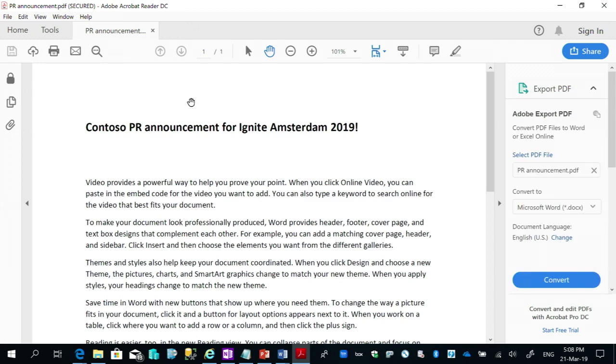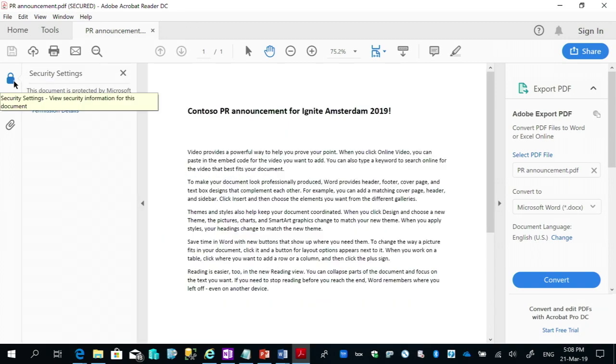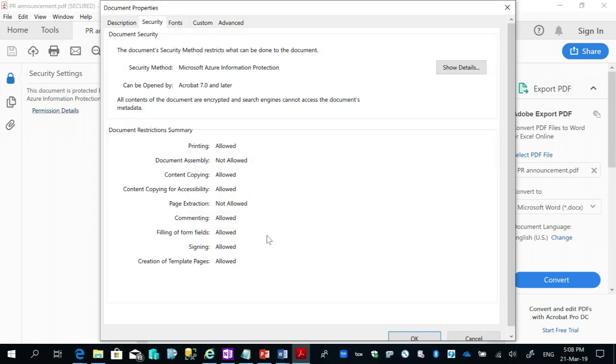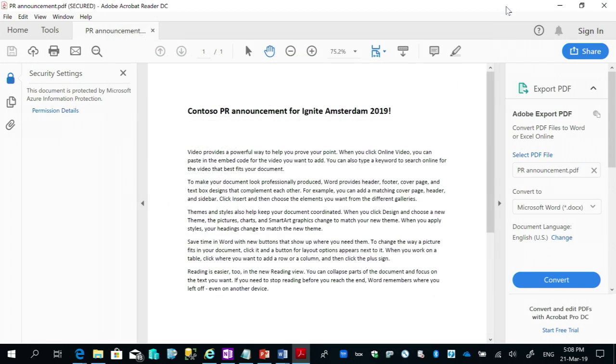How you can tell that the document is protected: you have this small icon here. Clicking on that icon says that the document is protected by Microsoft Information Protection, and clicking on that would give you the full privileges of what you're allowed or not allowed to do with this protection. And we have, in fact, over 50 different vendors, security vendors, who are already using Microsoft Information Protection labeling